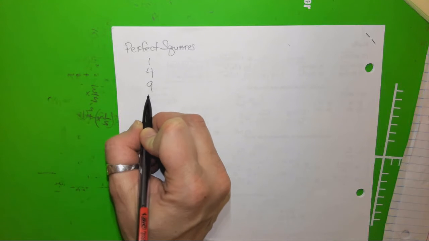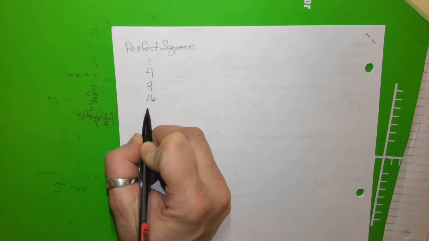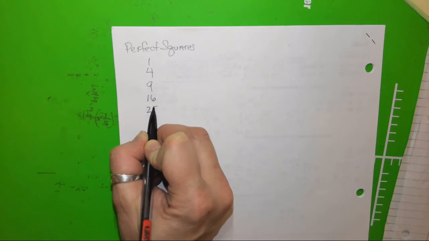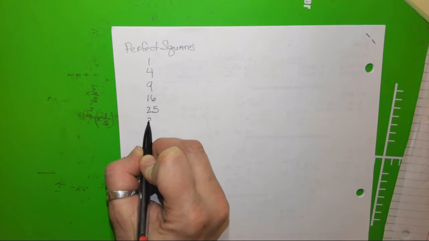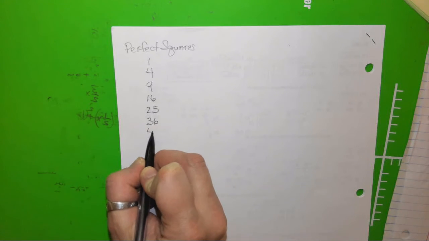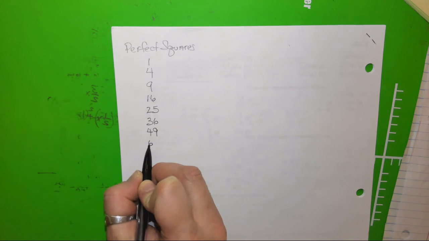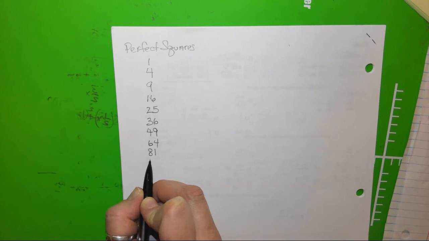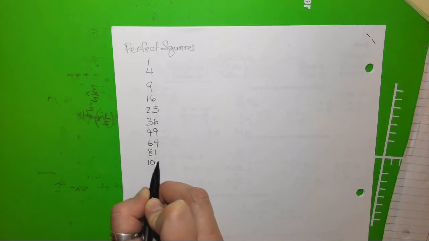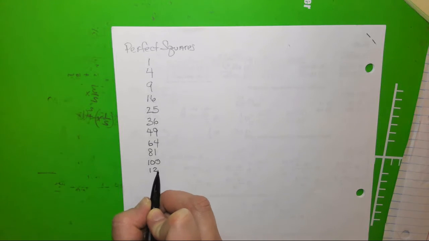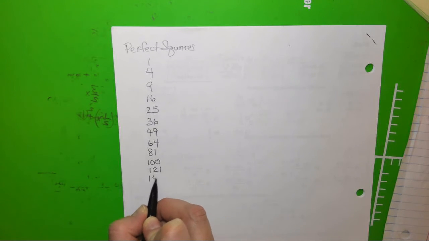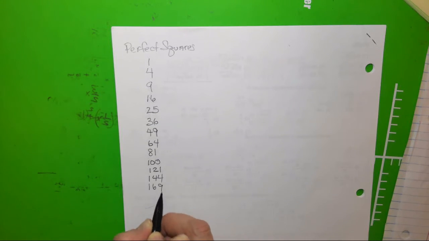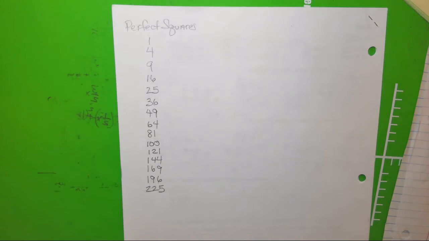What else? 9. 16. 25. 36. 49. 64. 81. 100, 121, 144, 169, 196, 225, and that's about where